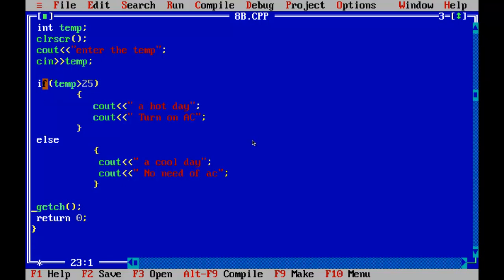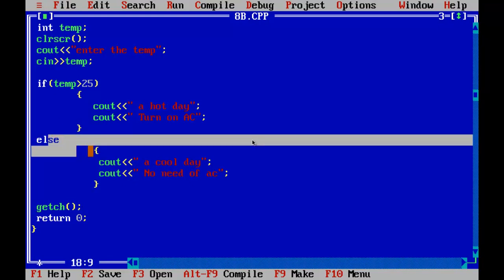Okay, so if temperature is above 20, display this. If not, meaning if this criteria is not true, then go to the else part. So no need of a condition in else, it will automatically go to that second part if the first is not true. If the first is true, it will display this and then it will come here.